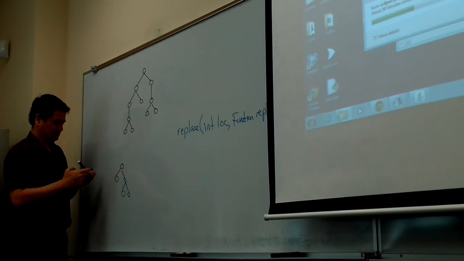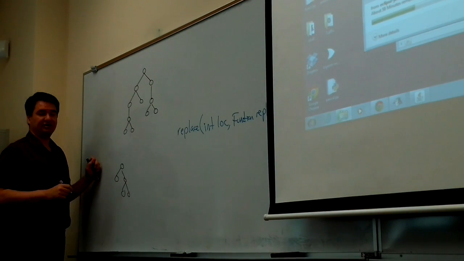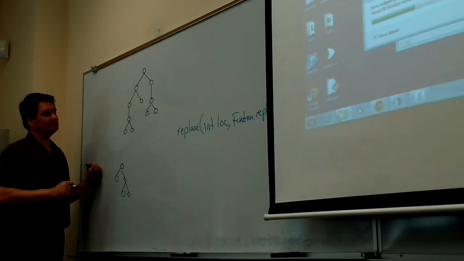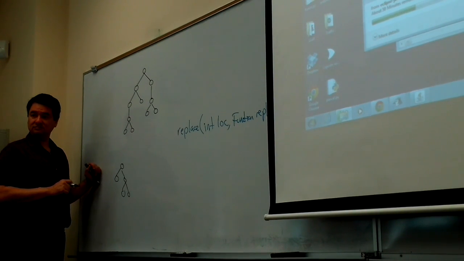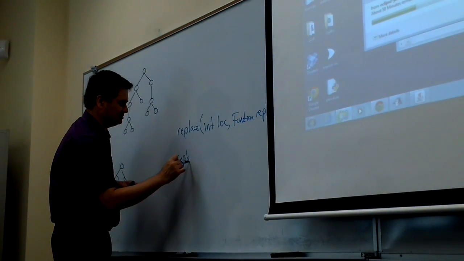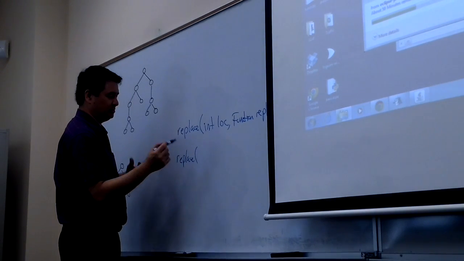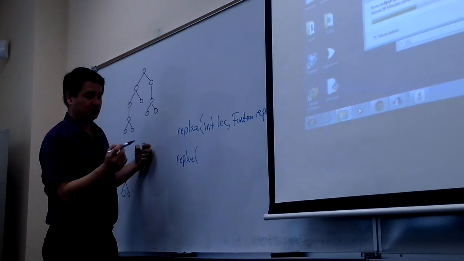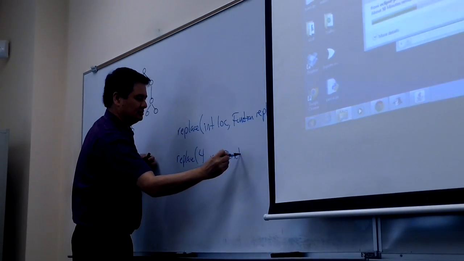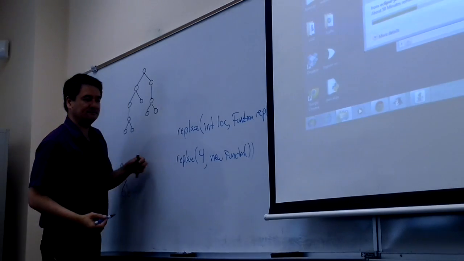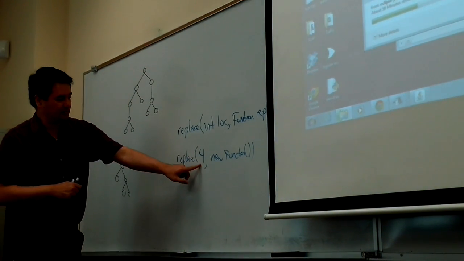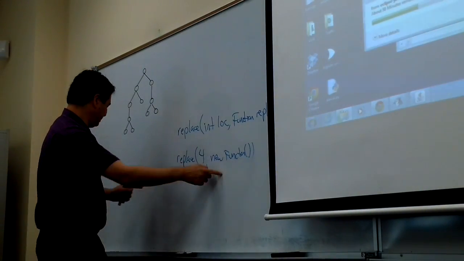So let's try it on this one here. How many things are there in here? 11? So one possible thing to do is call replace with a number between 0 and 11, say 4, and some random function. Okay, so if we did replace 4 with this random function, and let's say that ends up being this one here,